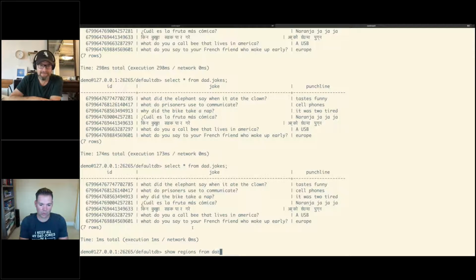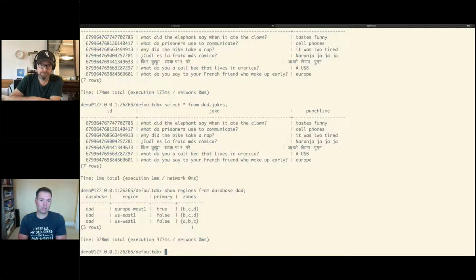Yeah, so if we use show regions from database dad, you pick the regions that you want to use for your database. So think about this: you have a cluster, and the cluster can span, let's say, 5 regions. Then you can say, I have a database in that cluster, and I only want to use these 3 regions for that particular database. So you have a lot of granularity as far as how you want to place your data within your cluster, how you want it to be accessed, and how you want to lower latencies. There's a lot of flexibility here, and the new multi-region features you see here, where I can show regions, alter the database, even alter the survival goal of the database, make this really simple for developers.